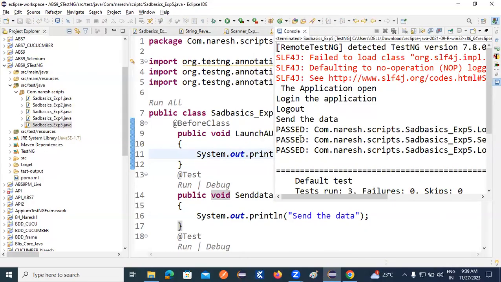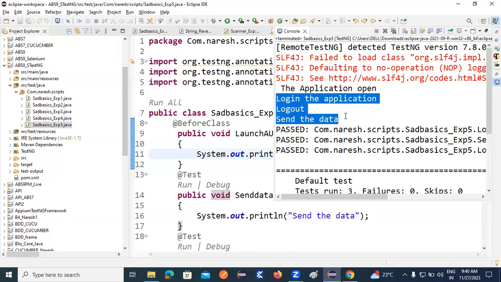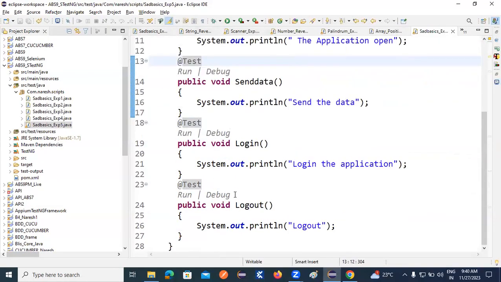One time. So when it is executed, last and first, every method's before class will execute only one time, but before method will execute before every method. You guys observe the alphabet order. This will be executed in alphabet order. Now here I will provide